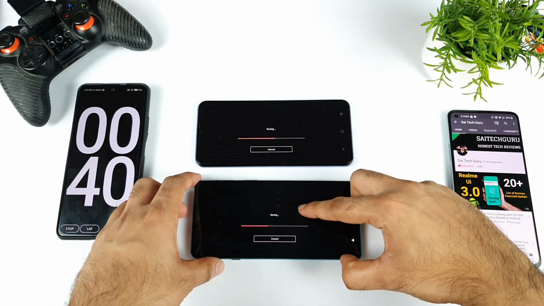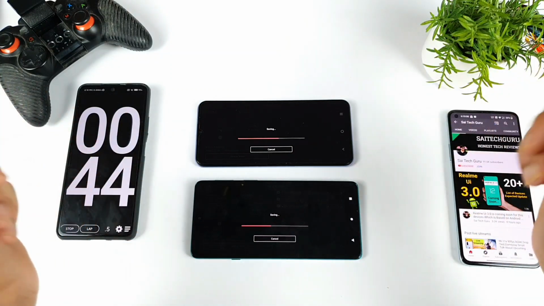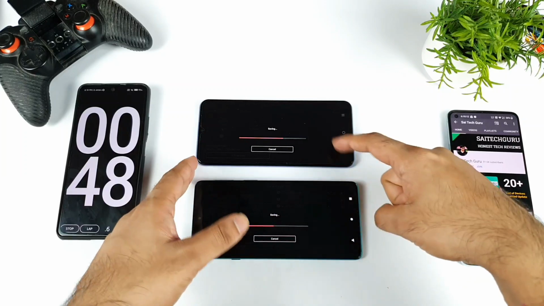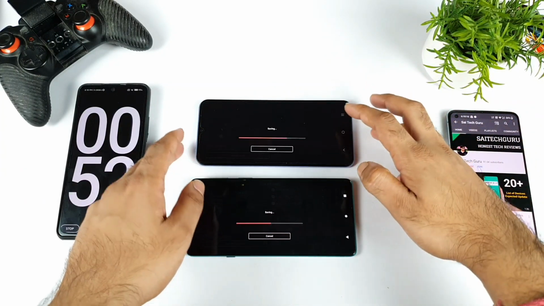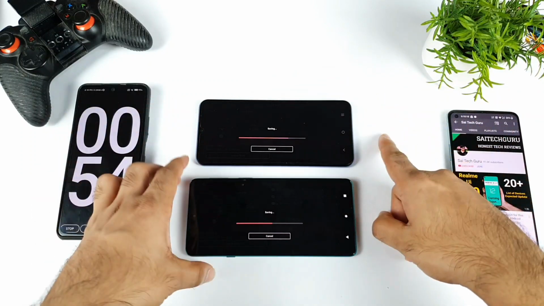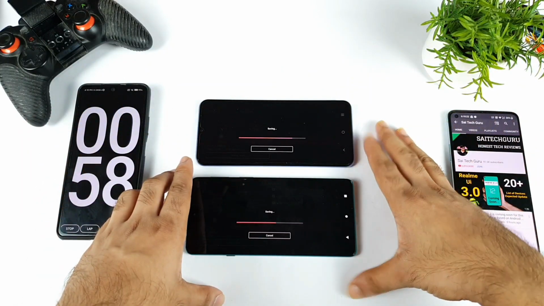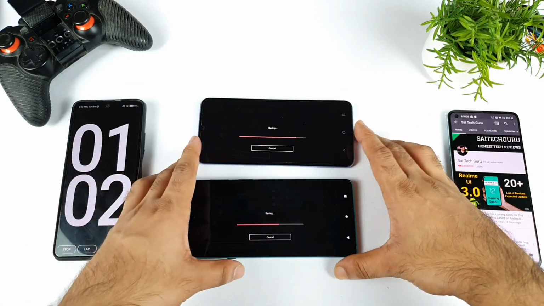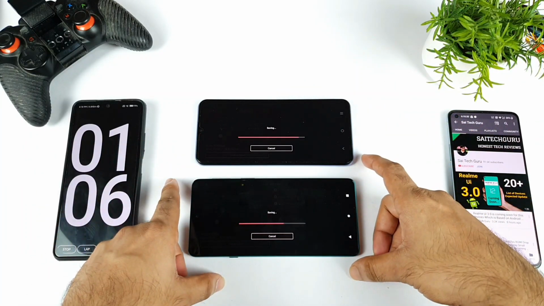It's not working, even though I enabled the RAM boost functionality which is present in the phone. I also enabled the extended RAM feature in the iQOO Z3. But still the iQOO Z3 was able to perform very fast in terms of exporting 1080 to 1080. The second task will be 1080 to 4K. This way, we'll get to know the video exporting and rendering speeds of these phones. That's the main point of doing this kind of side by side video.